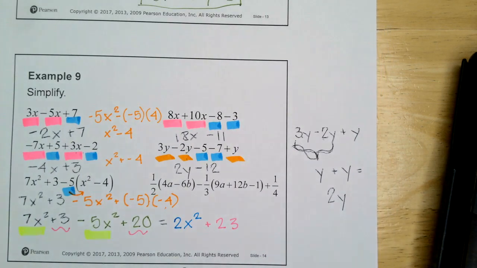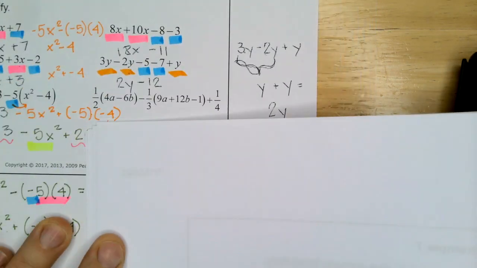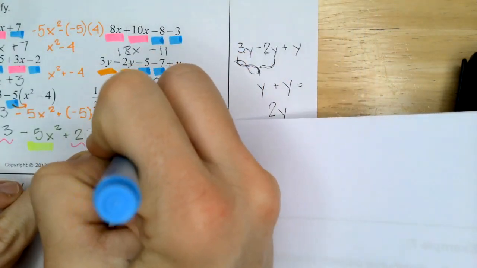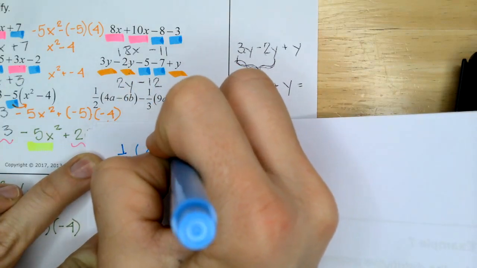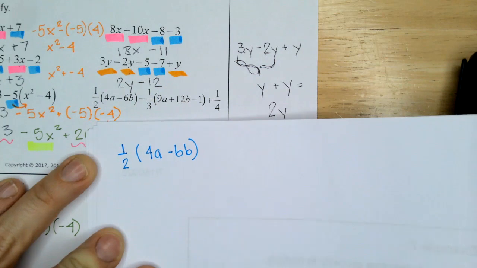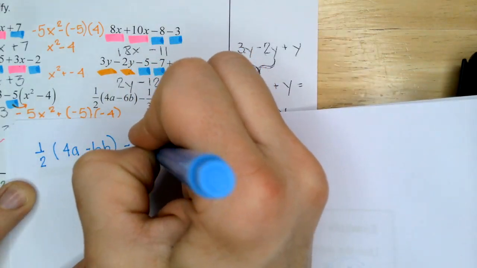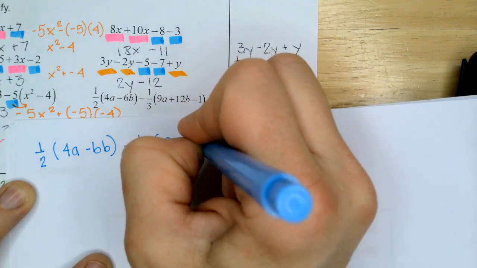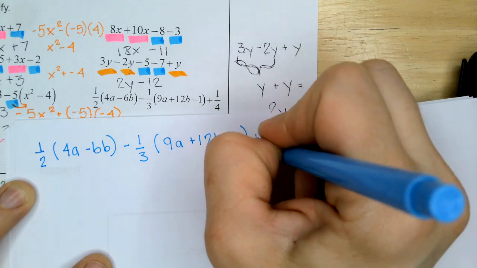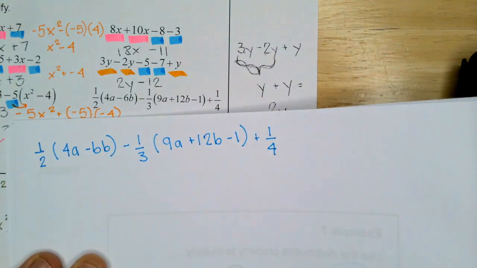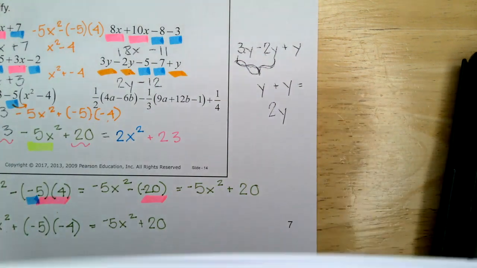So let's write it on a different piece of paper. So what they had was 1/2 times the quantity 4a minus 6b. Oh gosh, my 6's and b's are indistinguishable. Minus 1/3 times 9a plus 12b minus 1 plus 1/4. Okay, just like we distributed the negative 5, now we're going to distribute a